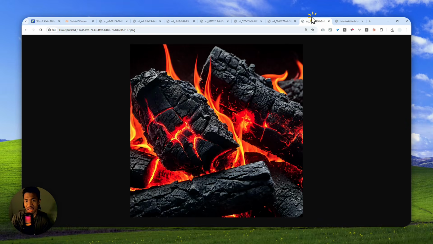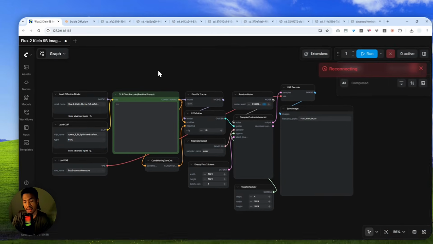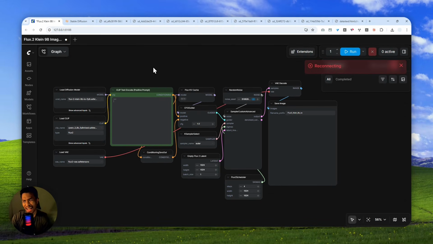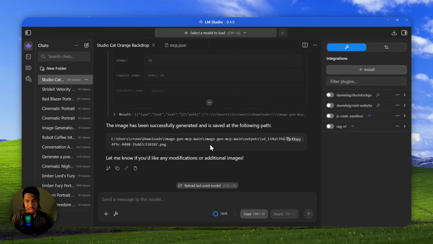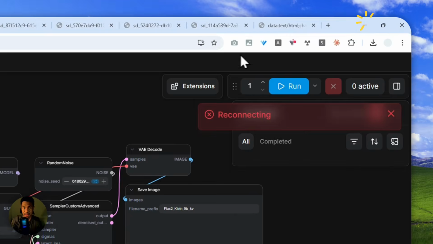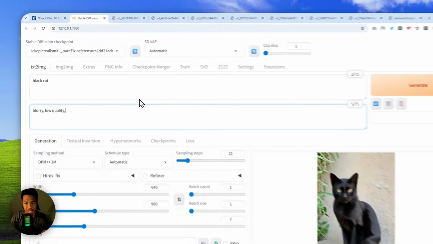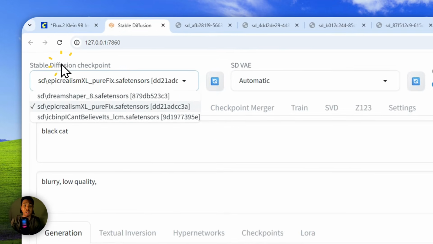Previously, I made a video on how you can generate images using the Comfy UI workflow via LM Studio. It is pretty cool, but I just realized that it is actually kind of complicated. There is a somewhat easier way to add tool calling for image generation in LM Studio without that much complication. So let me show you the step-by-step process to enable image generation in LM Studio using the power of Stable